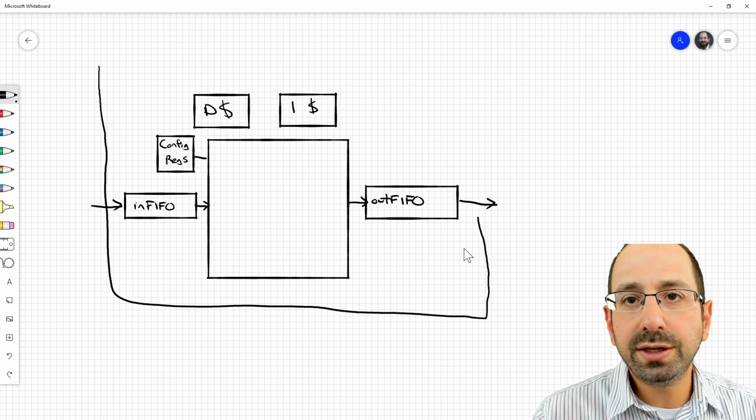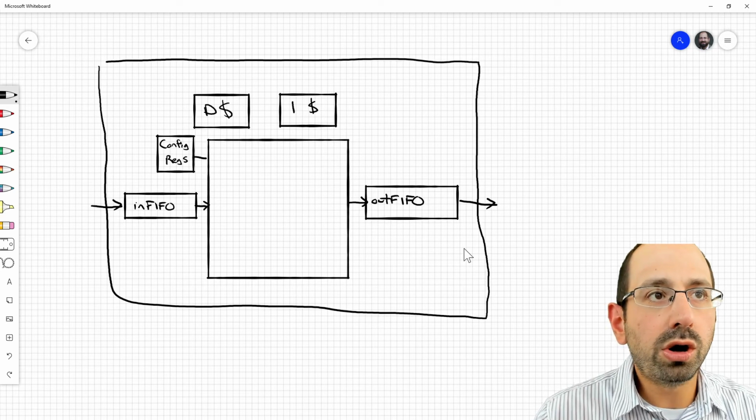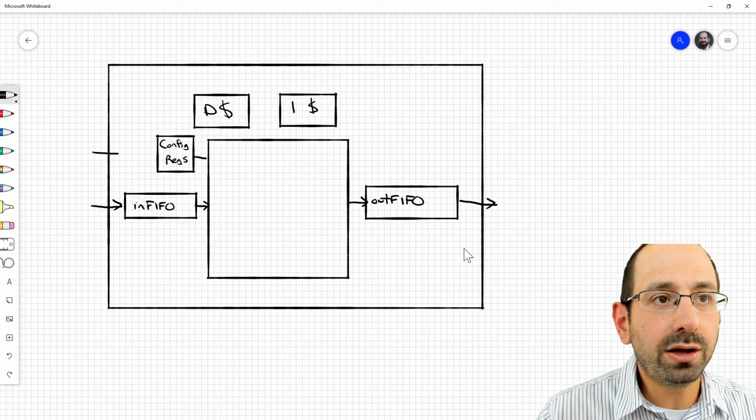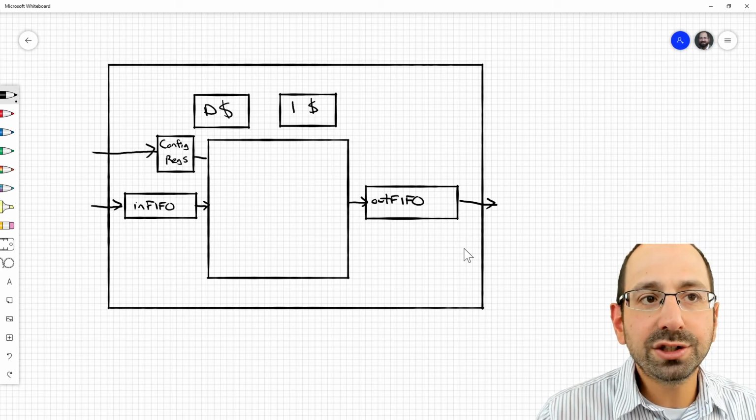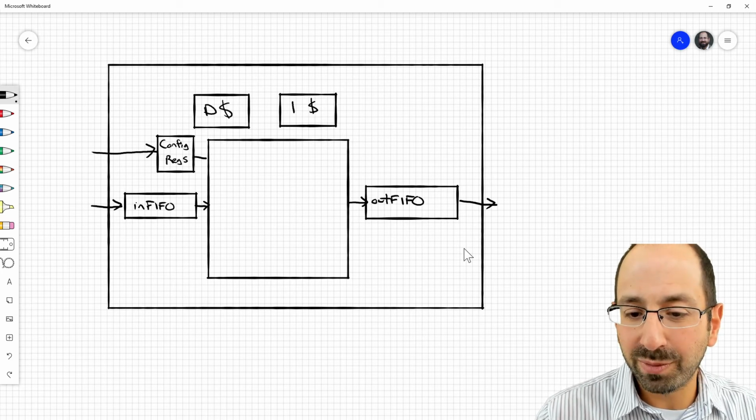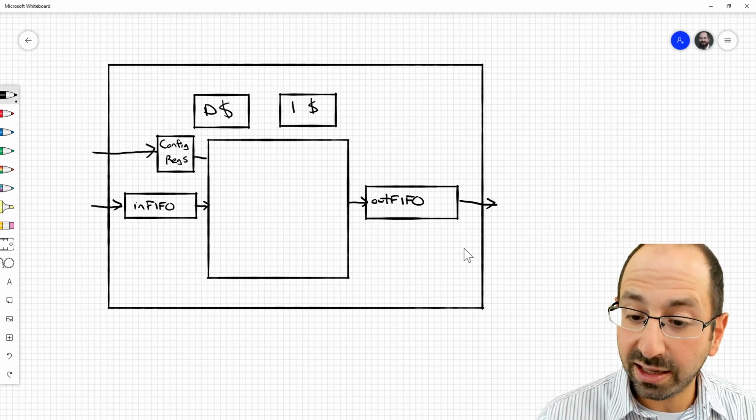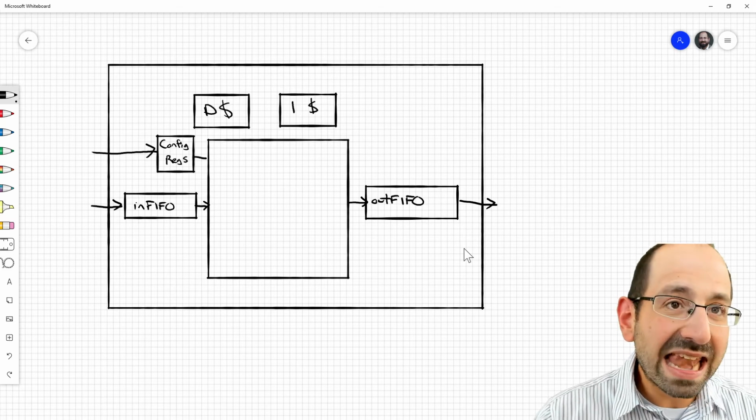So based on your MP2 experience, you already know, because the core had the same exact thing going on, how to hook up my AXI light register, how to hook up my input FIFO, and how to hook up my output FIFO. You're doing the same exact thing for MP3. And then now we're also hooking up,